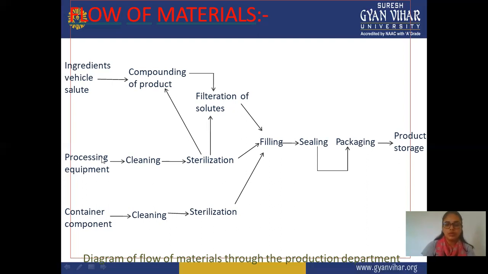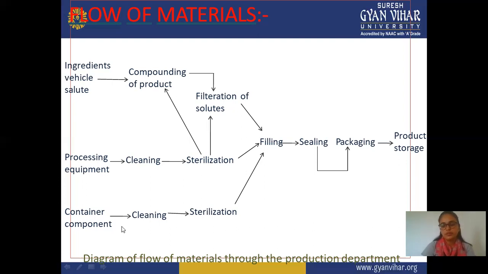How you store or how you handle these ingredients or equipment. In this processing equipment, first clean your equipment and properly make sure that it's completely clean, no dust or any foreign particle or unwanted material present on this particular equipment. Next, after this cleaning, sterilization is the next step. You sterilize your equipment with the help of some technique, maybe gaseous or any other technique. And after this, filling, sealing, and packaging of the product storage takes place. If sterilization takes place, then filtration of the solute also helps, or maybe sterilization, compounding the product and equipment takes place. And next is container components.